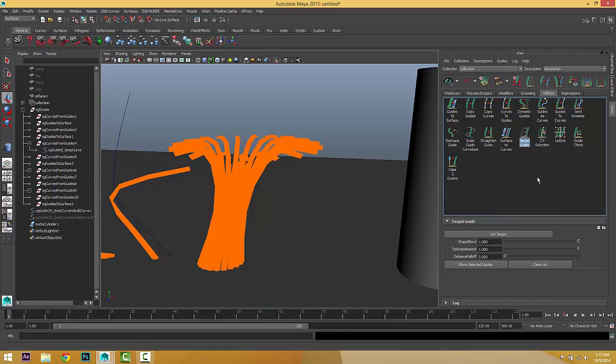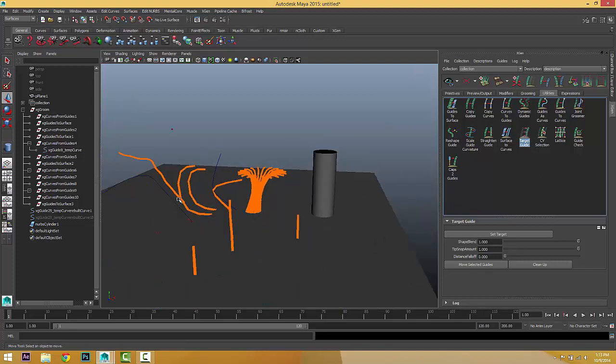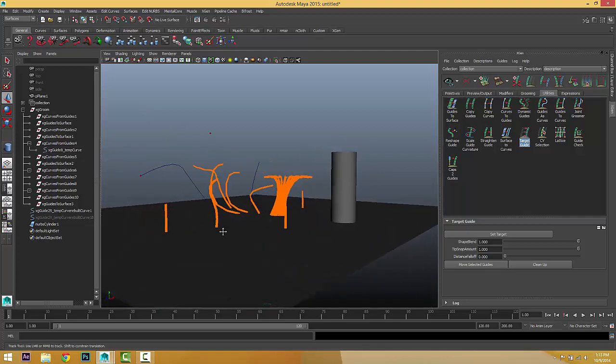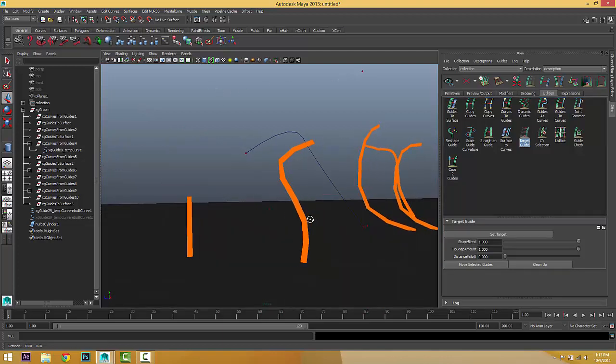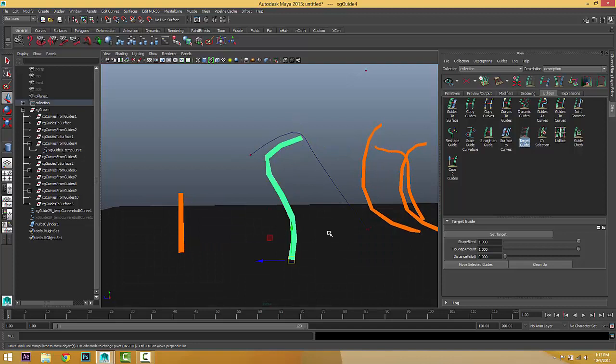With a target guide, we can set a target. For example, let's just choose, in this case, apply to these two. It's very simple, guys. Let's just say this is a target guide. We'll get some sphere like that. This shows that this is a guide, and you can select another guide and choose.